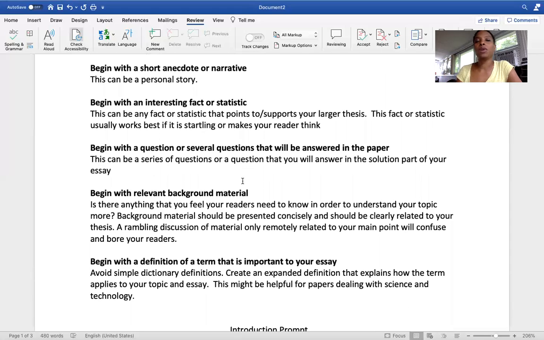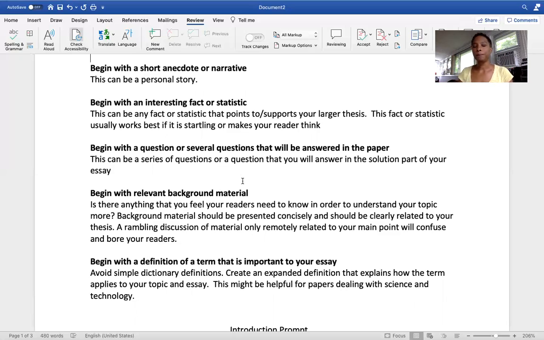You can also begin with relevant background material. This is never a bad idea. Relevant background material just sets up what you're talking about. So say you're setting up mental health, that's a huge term. If you talk specifically about the background of mental health and which part you're going to be focusing on within that, that's super helpful. It's also super helpful for science and technology, where your audience probably won't have a huge knowledge base. So if someone's writing about cybersecurity, relevant background information might be super helpful there.